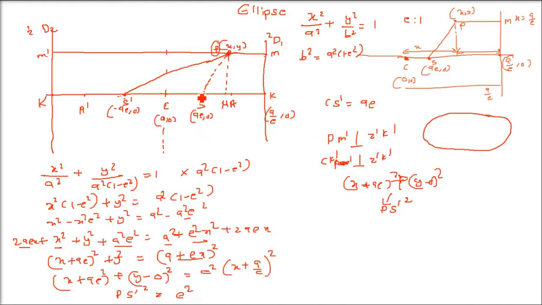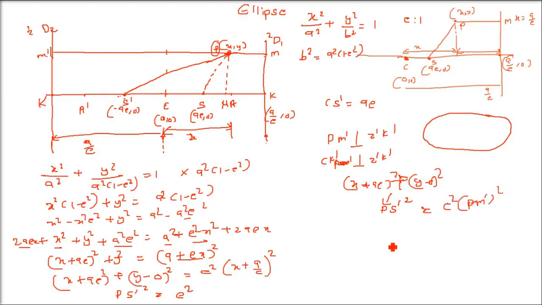What is this x plus a by e? From here to here, it's x, that we know because there is the point xy. From here to here, I told you same distance, so on both sides we have a. From center to k dash, it will be a by e. It's symmetric. So this x and ae, what is the distance? It is the distance p m dash only. So x plus a by e can be written as p m dash, and since it's square,